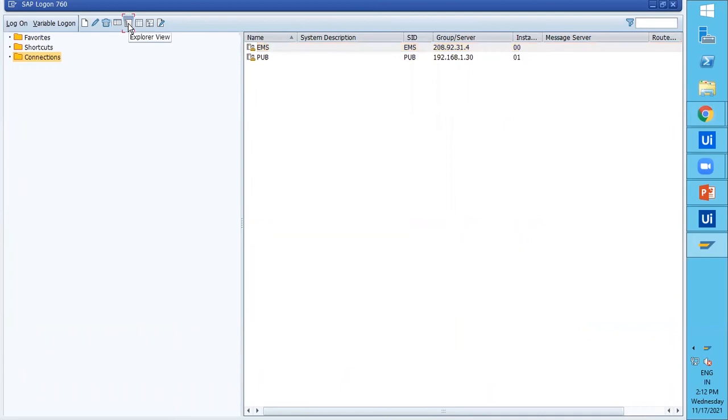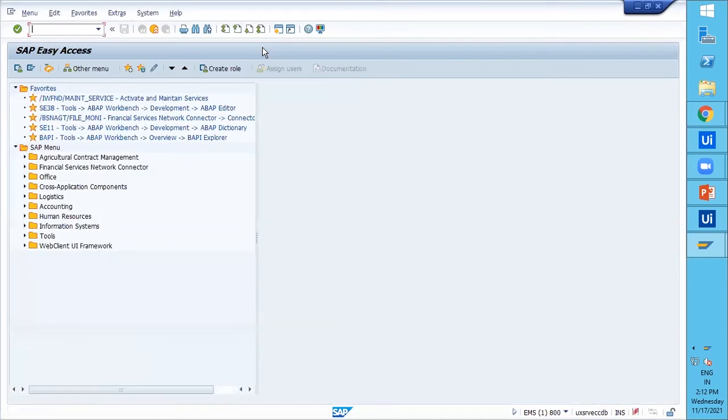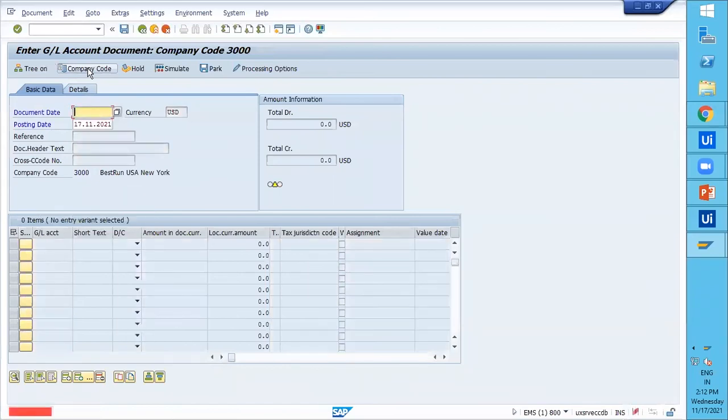The bot logs in to SAP, where it provides the username and password. After that, it triggers the FB50 transaction code and populates the required data in the fields.